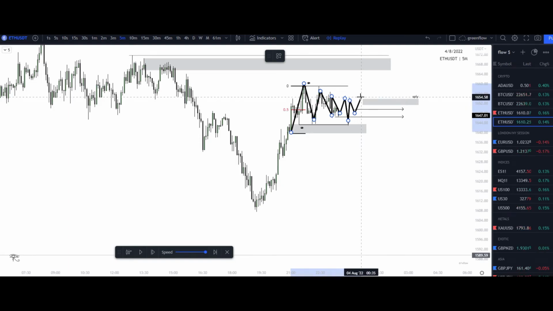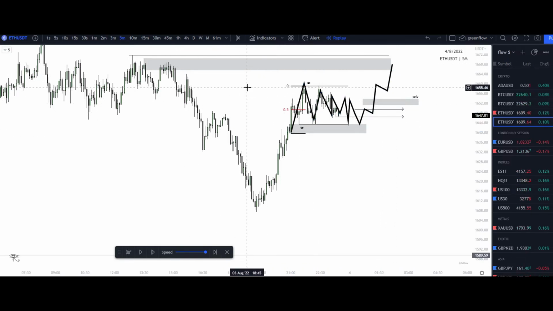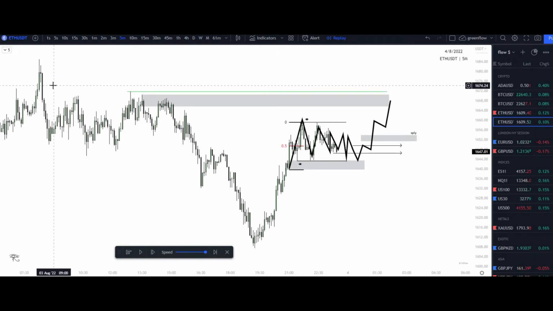So I posted an example, right, of 2 plays, and I said, well, price could either come down here, right, raid these lows that were presented right here, and then reaccumulate and continue to the upside from this break of structure right here, right, and continue to areas higher in supply, maybe this liquidity right here, fill this imbalance right here, right, and either continue to the downside, put in a higher low, and then continue to the upside, or we will have to look into the future when that comes to place, right?